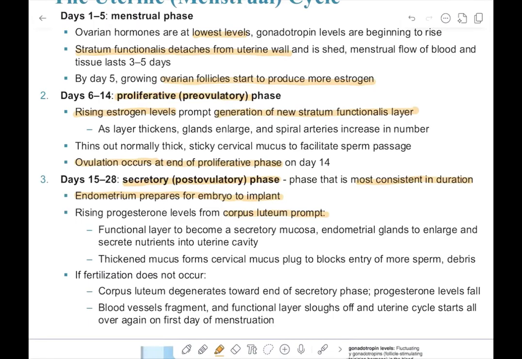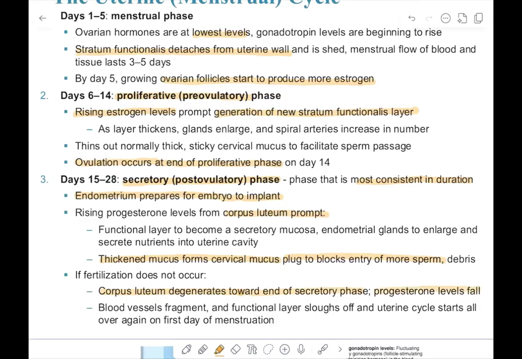The functional layer starts to become a secretory mucosa. Endometrial glands start to enlarge and thicken with nutrients. There's also thickened mucus that forms a cervical mucus plug to block entry of more sperm after this time period, after ovulation has occurred. If fertilization does occur in the uterine tube, the corpus luteum degenerates toward the end of the secretory phase